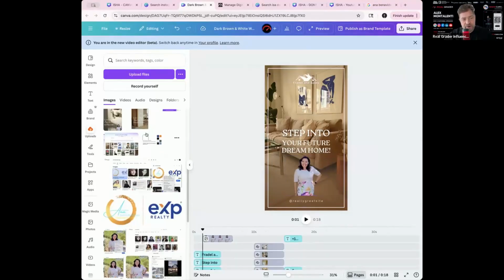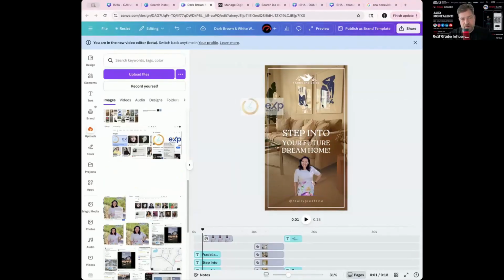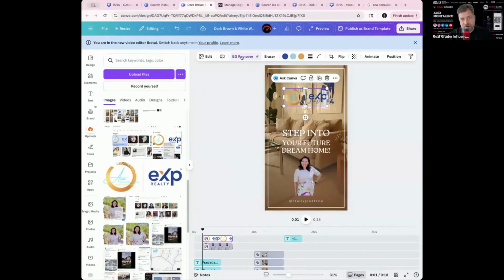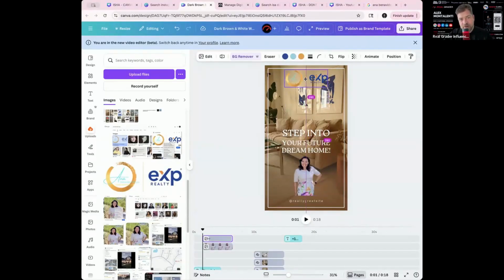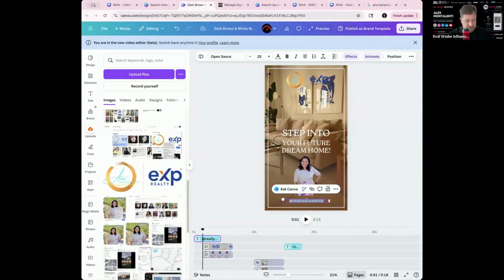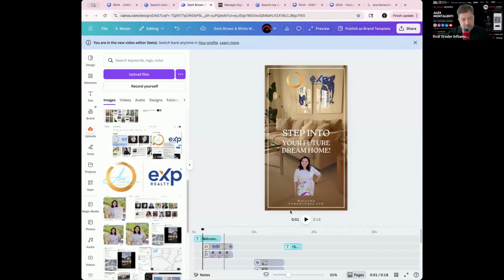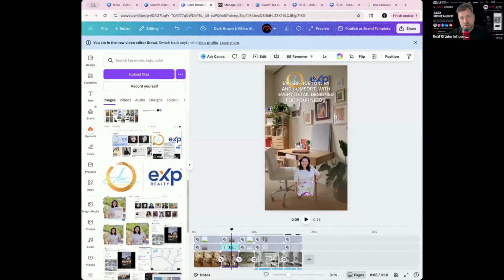Now I go grab her personal logo, drag that in, background remover. Now we've got her logo up here, so I'm going to remove this logo and put in her logo. How we doing? Pretty easy, right? Down here, I'm going to put her domain name, welcomehomewithanna.com, right? And then I go to the next section and look, her logo's already there.